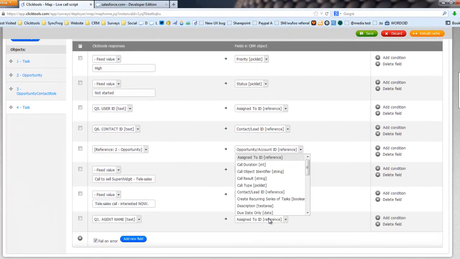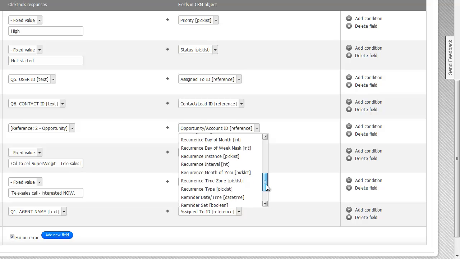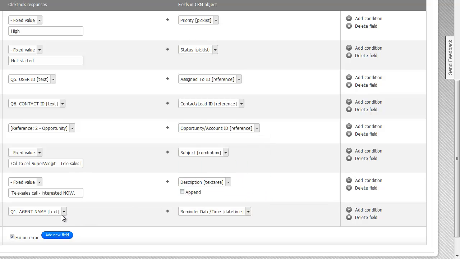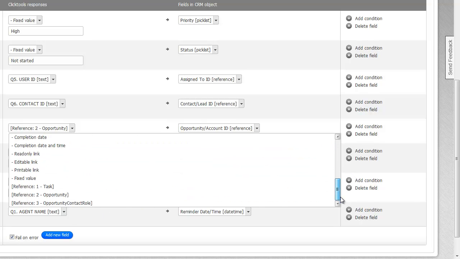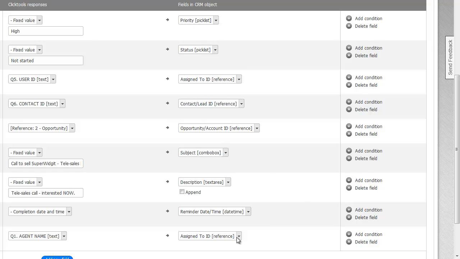Let's just have a quick look. Is there anything else we need in there? I don't think so. I think we're pretty much covered off there. Just have a quick scan through the list. So we've got not started. Oh, the other thing that we want to do, importantly, is set a reminder. To do that, we set a reminder date time, and we do that using the completion date time. We add a new field and we say reminder set